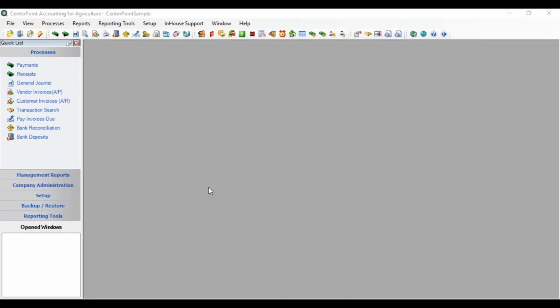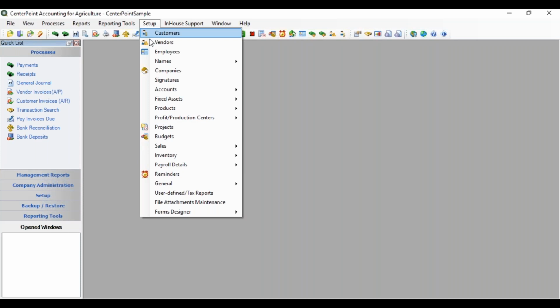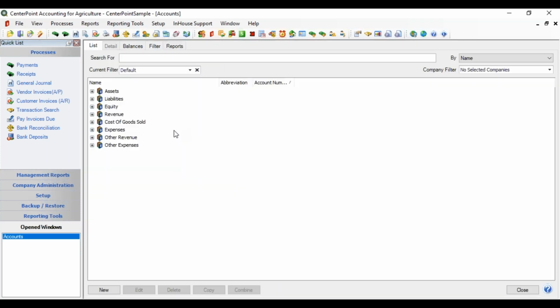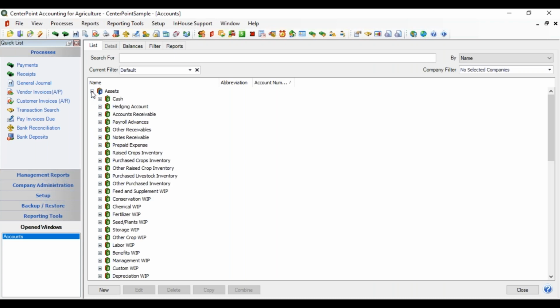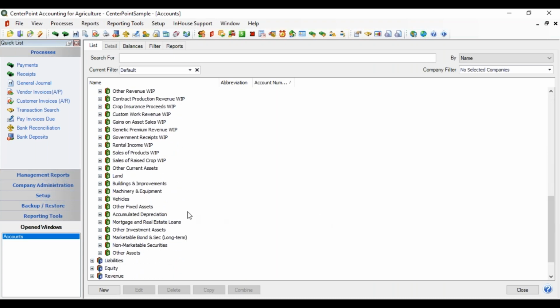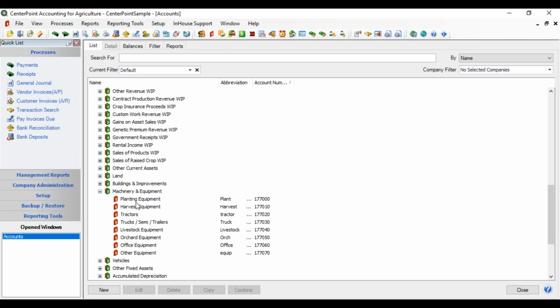If you are just beginning to enter fixed asset items, you'll first want a set of general ledger accounts that organize and group your assets. So we're going to go up to Setup, Accounts, and Accounts to create the general ledger accounts we want to represent our individual fixed asset items. So under Assets, I'm going to go down to my Machinery and Equipment, and you can see here that we have a list of general ledger accounts that just